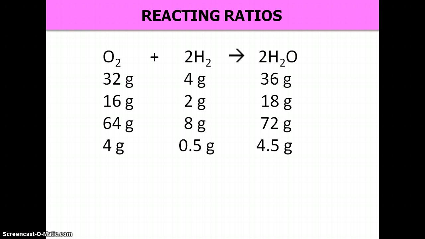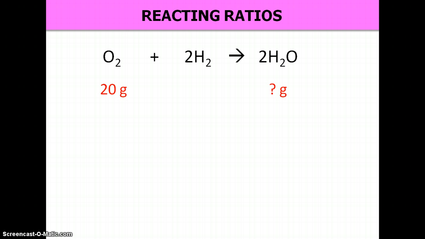And we could continue like this, working out different quantities, as long as we knew all the quantities in the first place, so 32 grams of oxygen, 4 grams of hydrogen, 36 grams of water. But what if I posed something like this? Say, what if we've got 20 grams of oxygen, how many grams of hydrogen, how many grams of water are we going to form? Now, we can't look at the equation and answer this straight away, because the equation doesn't